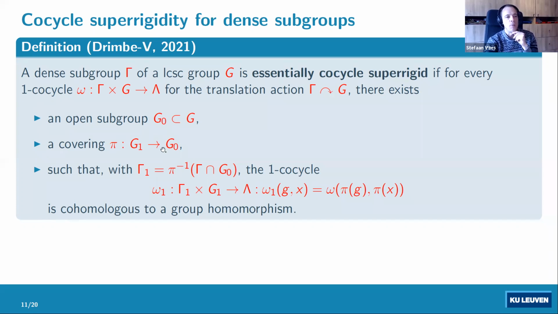So there is a covering homomorphism from another locally compact G1. And it's only after restricting to G0 and then lifting to the cover that the thing is cohomologous to a group homomorphism. Okay, this sounds technical, but as we will see, this is the good notion in the sense that